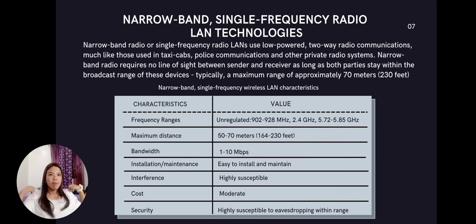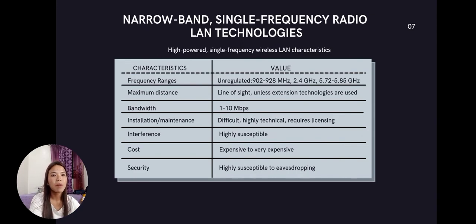For installation and maintenance, it is easy to install and maintain. Its interference is highly susceptible. The cost is moderate, and its security is highly susceptible to eavesdropping within range. That was the narrowband single frequency wireless LAN